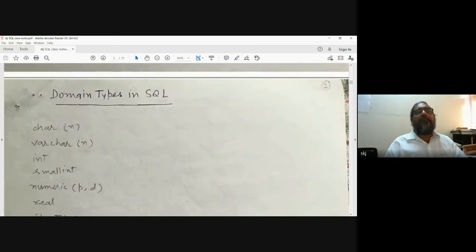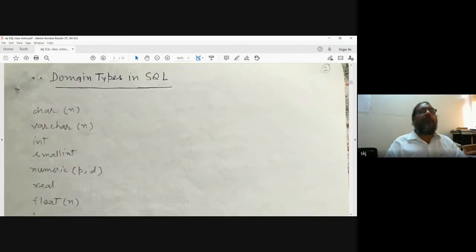Now, domain types in SQL. As in a programming language, we have different types of data types: integer type, character type, and real number type. Similarly, here we have different types of data, which we call the domain of data. As in programming languages, similar type definitions exist here.